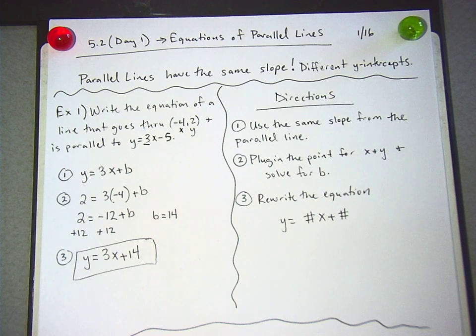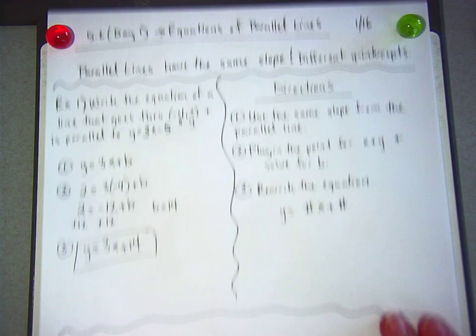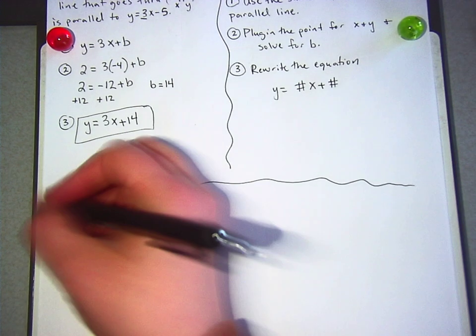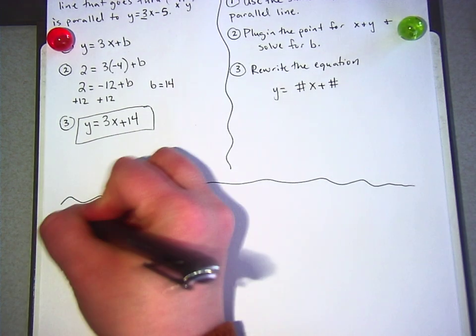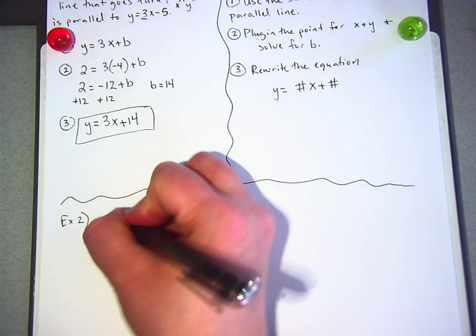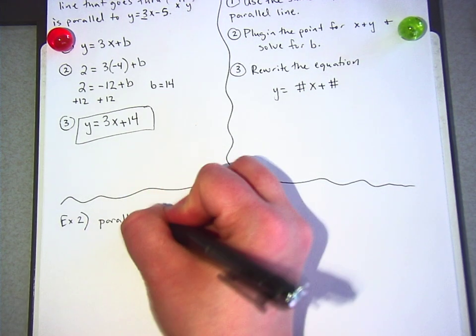Good. All right. We are going to try one more time with your partner, and we're going to get a prize for it, and then we'll move on. Example 2. Write the equation of a line that is parallel to